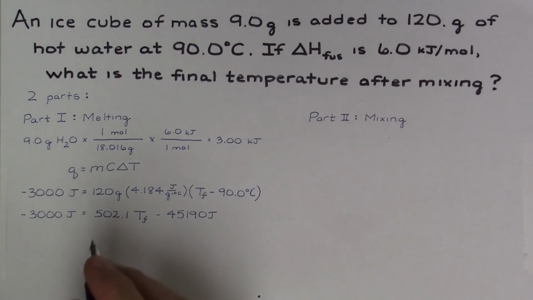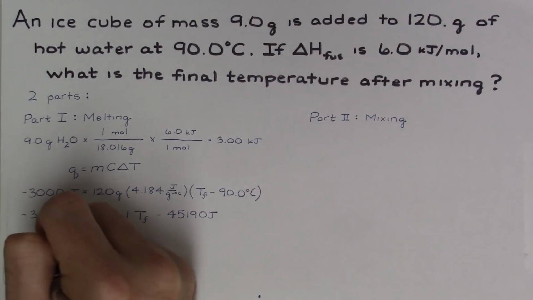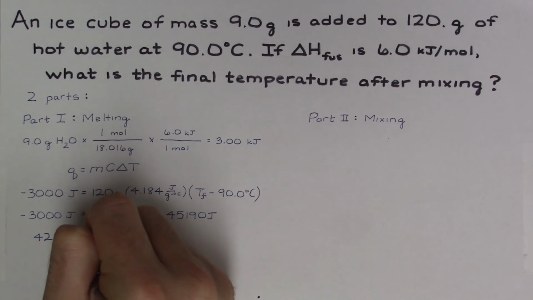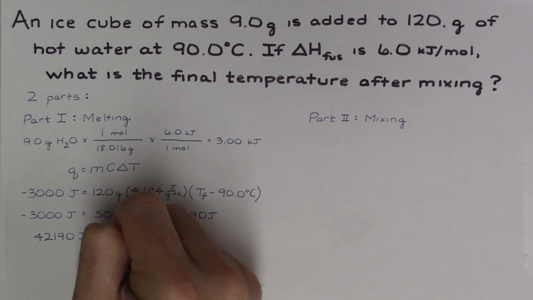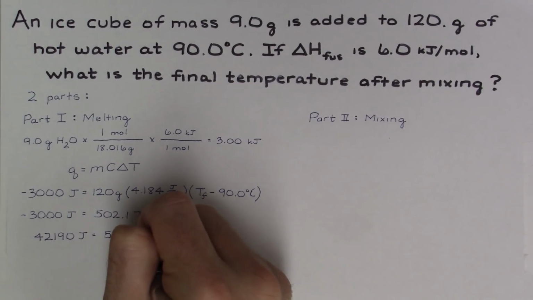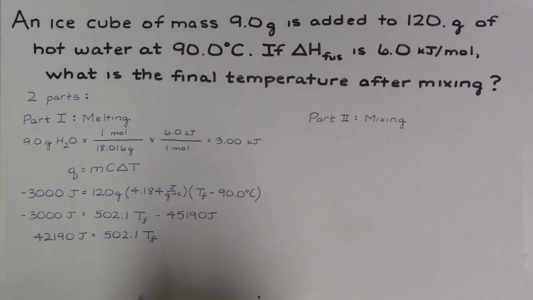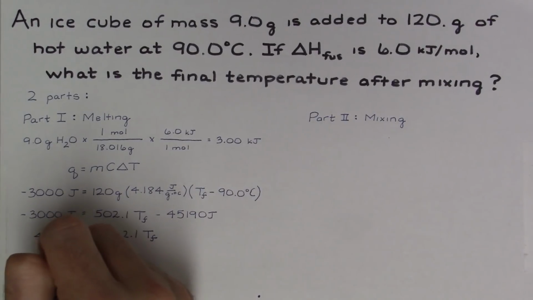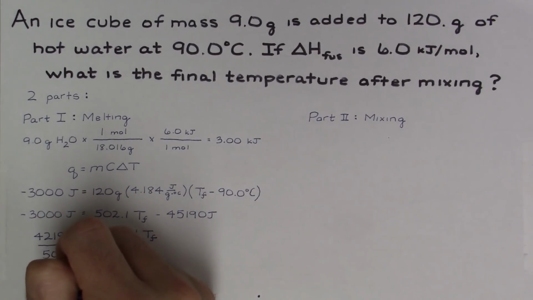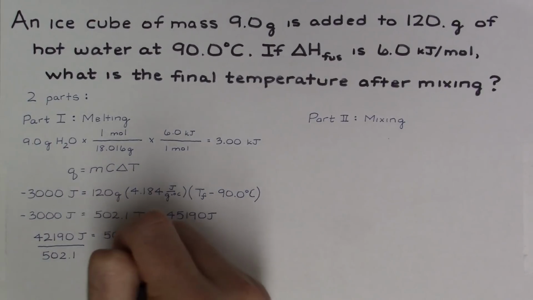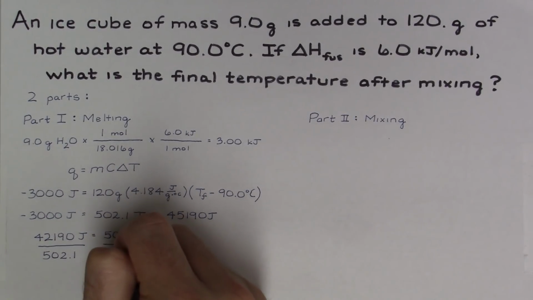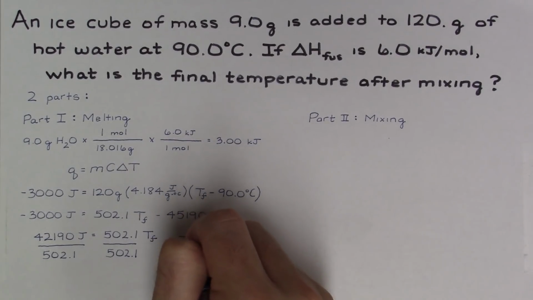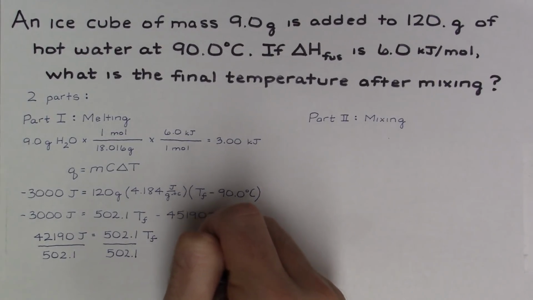45,190 joules. Now we must collect all the joules on the left side. This is done by adding 45,190. And you'll get a value of 42,190 joules equals 502.1 T final. To isolate our T final, we will divide both sides by our 502.1. If this value is put into a calculator, you will get your temperature final